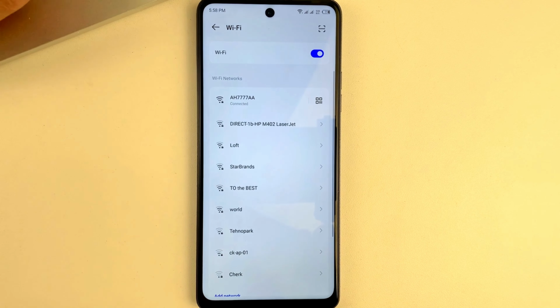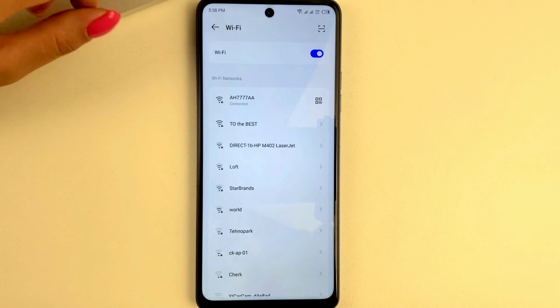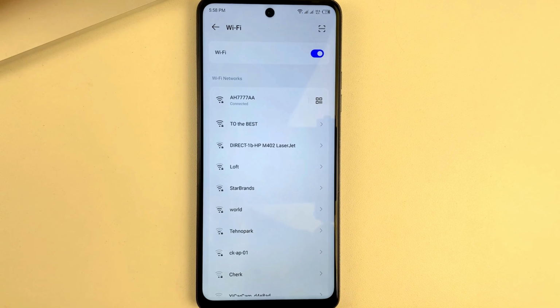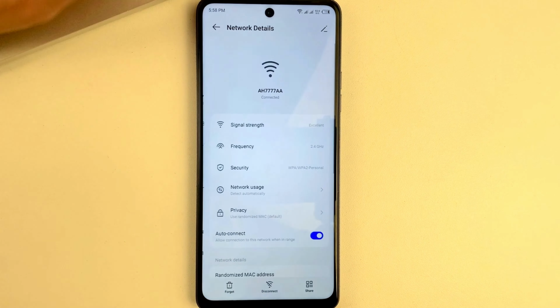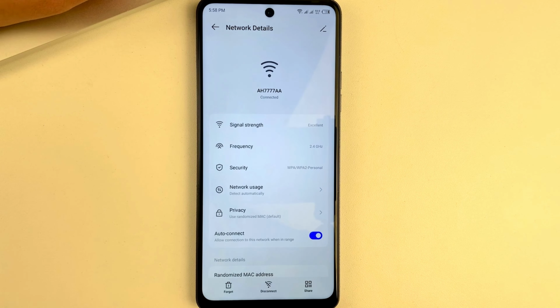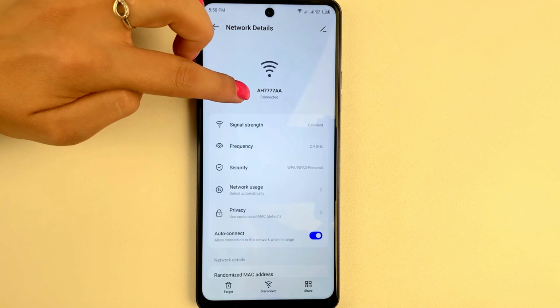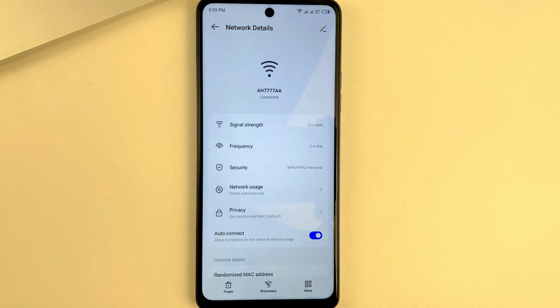Then you'll have a list of all the Wi-Fi networks, like the ones near you or the ones you've connected to before. And at the top will be the Wi-Fi that you're connected to. Now friends, click either on the name of the Wi-Fi or on the gear that will be next to the Wi-Fi you are connected to. And at the top you'll find the name of your Wi-Fi. This is essentially the SSID, the identifier on your Android phone.